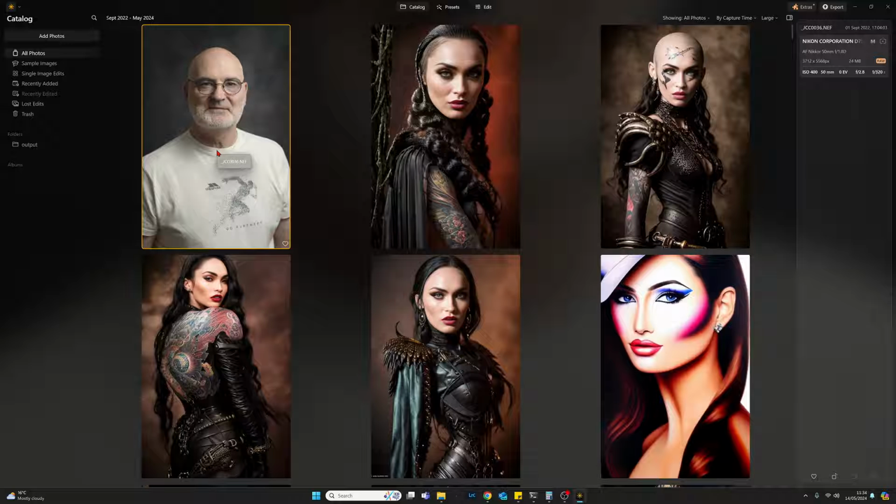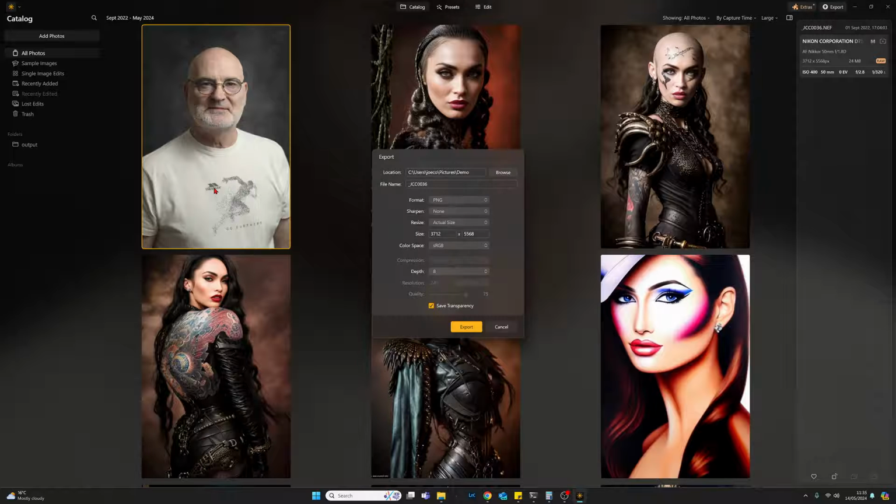So I'm going to right click. We're in the catalog view of Luminar Neo, if that's of any interest to you. I'm going to right click and go to export. Now, got some options here. I can change the file type, etc. I'm going to leave it as PNG, but I'm now going to change the file size. For me to do that, I have to come to the resize option, come down to dimensions, and now I can resize